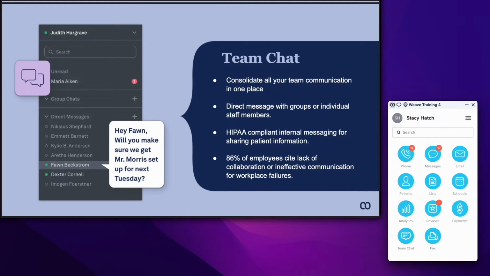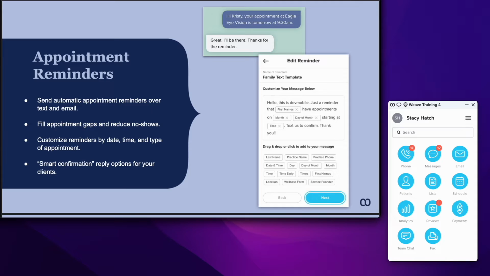Along with that, we've got some auto appointment reminder and scheduling tools, right? With these, your staff can save a ton of time by setting up automatic appointment reminders to send over text or email. These reminders are customizable by date and time and type of appointment,